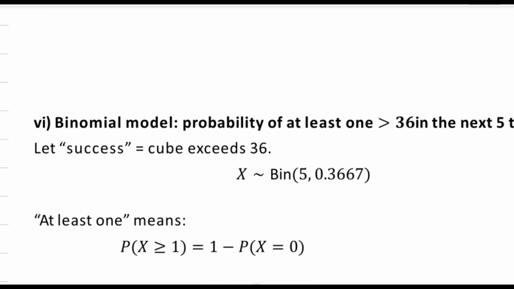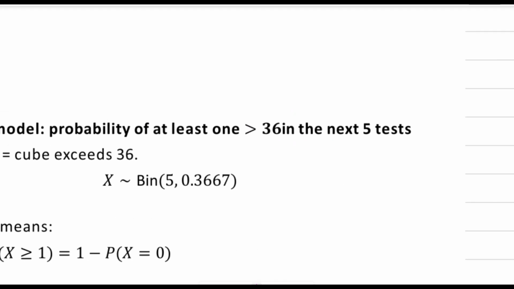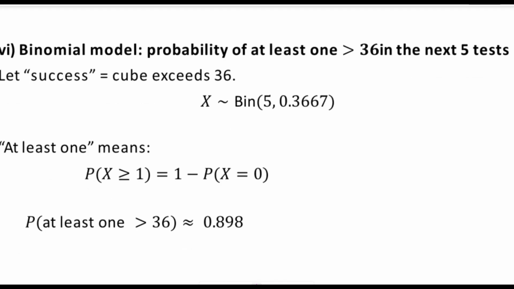And don't forget, it says at least one. So any one of the trials of the next 5 tests. And again, this is a hectic process to find all the possibilities for the 5 tests. So if it's at least one, we calculate the failure, which is none of them. None of them means x equals 0. None of them will exceed